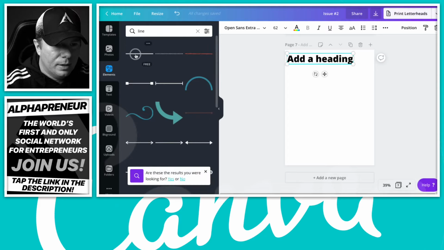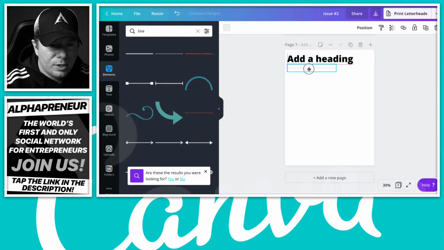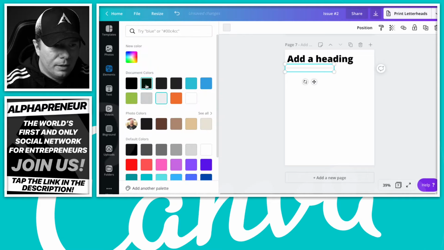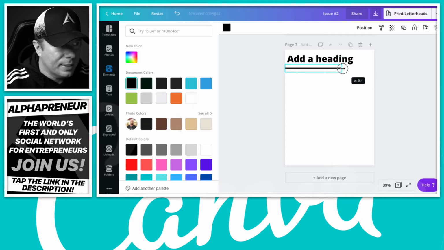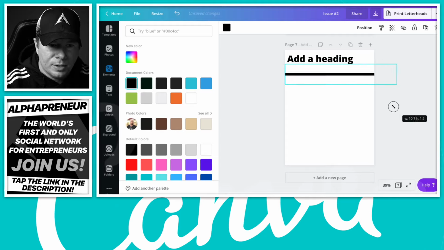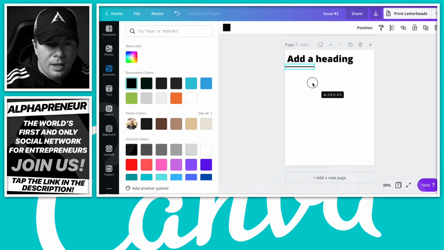Just line, because I'm just trying to find a black line. That's a gray line, but let's just say we want a black. So you would do black, make it cover the whole. Notice there's 2 ways that you can size it. If you did it like this, it's going to make the line really bold. You don't want that. You got to size it to where you like the thickness of the line, and then